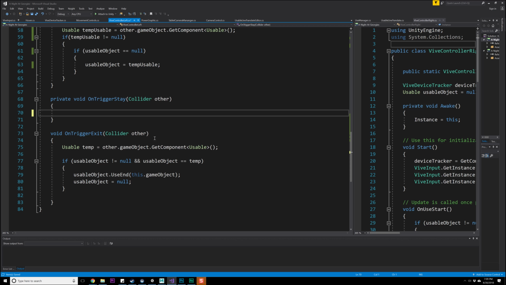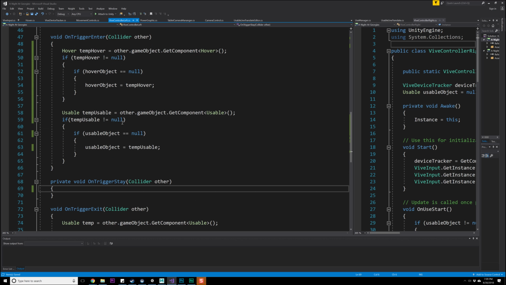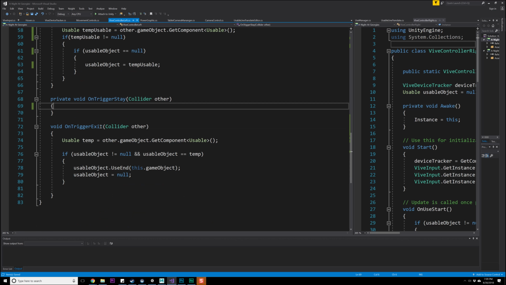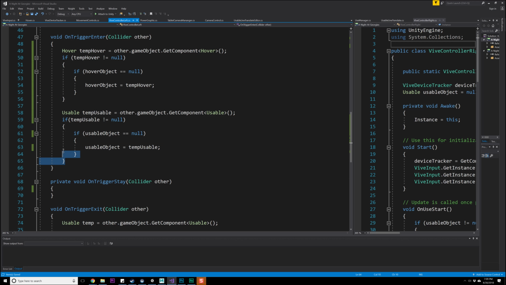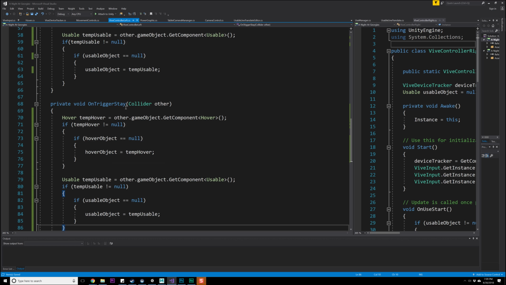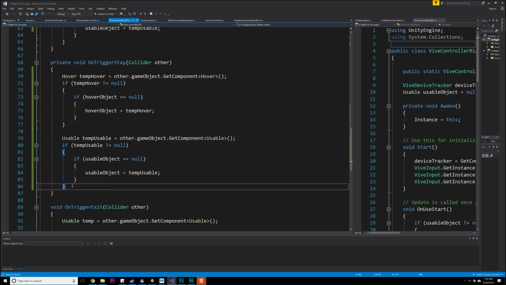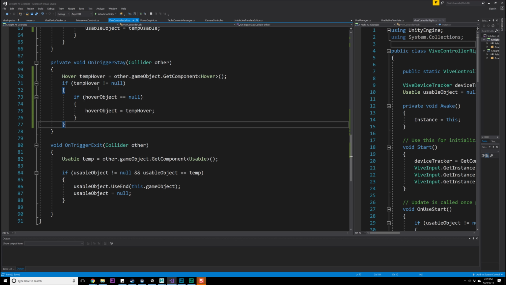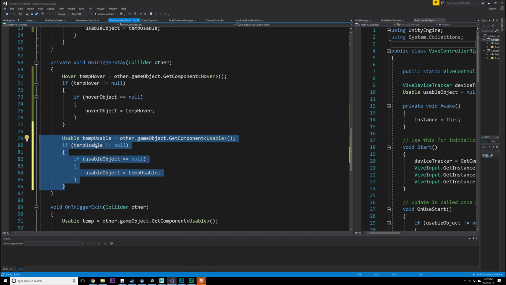I'm going to get rid of that completely. I'm either in or I'm not in. That's what I'm going to be dealing with for the moment. I mean, really, what I should be doing is, this stuff will not work with usable, right? Well, actually, I'm trying to think. If it does not equal null, is this where I fire